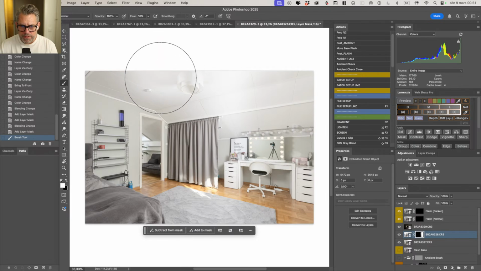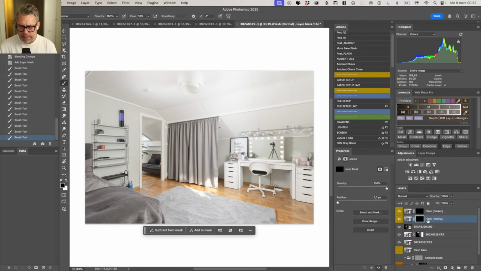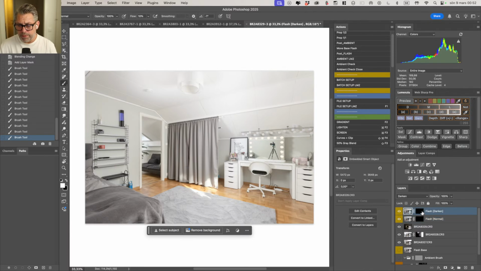Some nasty shadows here. Maybe we can just tone them down in the beginning. Let's see. I won't bother that much about these images, but can't do too sloppy work, right? So yeah. And then when I'm done with these, I have the base layer on top with the black layer mask. I have a duplicate of that, also with a black layer mask,